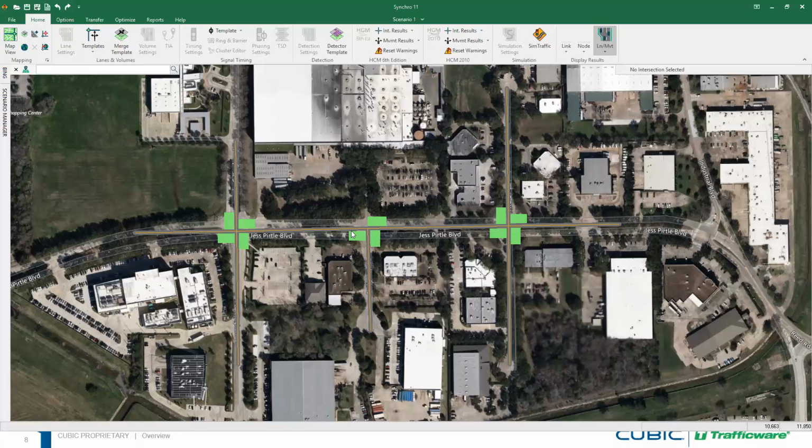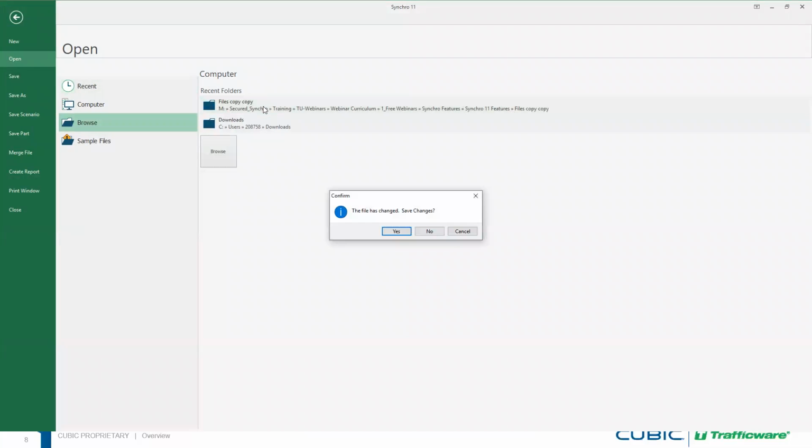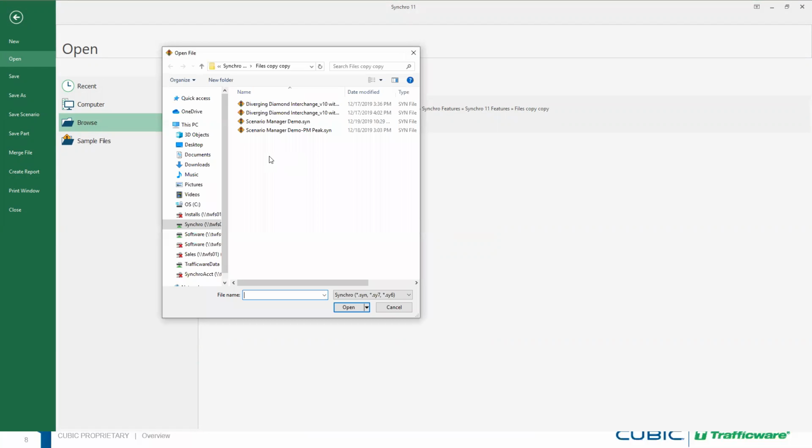So let's open up two networks. I want to show you also the backward compatibility. If you have a network with a reference point, and if you don't have a network with a reference point, from 10 to 11, how can you switch between them? So let me first open up a file where I know I had a reference point. I actually named it like that. So if I open